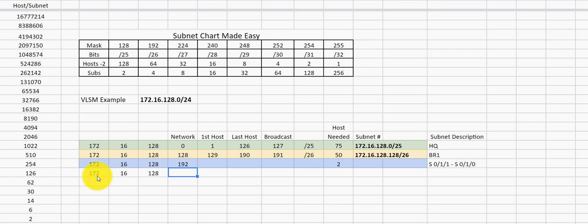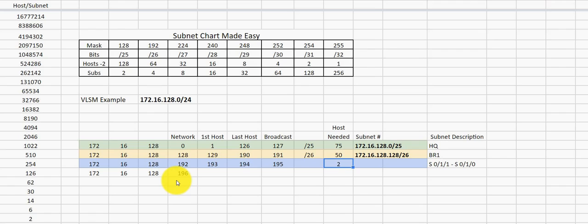We're going to count by 4, right? So when we go up by 4, we're going to get 196. So we're going to write a 196 in there. And then our broadcast address is going to be 195. Our last host is going to be 194. And our first usable host is going to be 193. And that gives us 2 usable IP addresses in there.